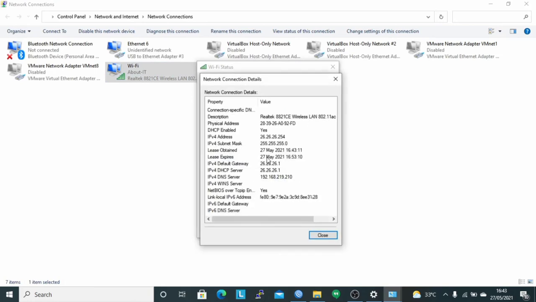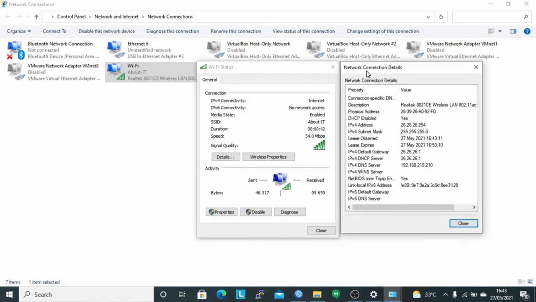It can be seen that the client gets the IP address 26.26.26.254/24, and it uses the DHCP server 26.26.26.1 using the SSID about IT, and the IPv4 connectivity is internet.